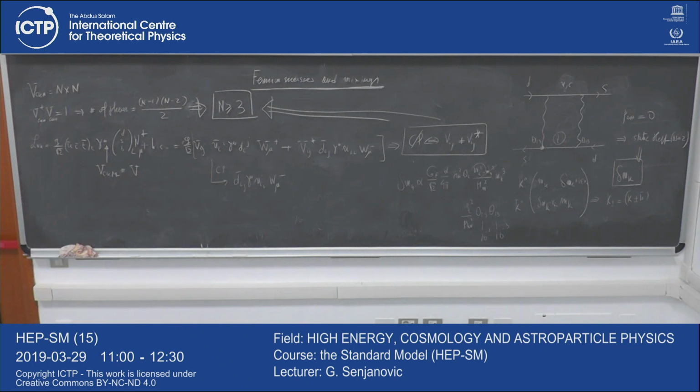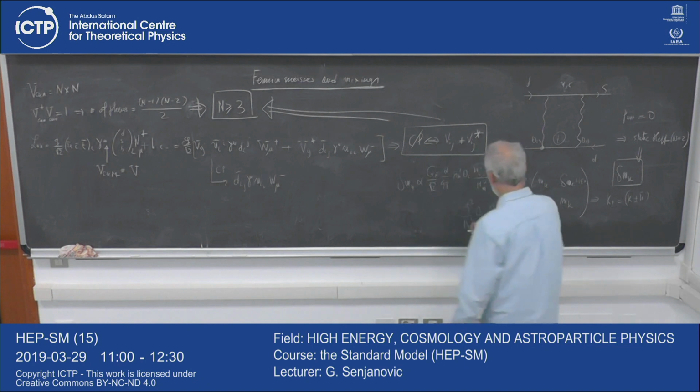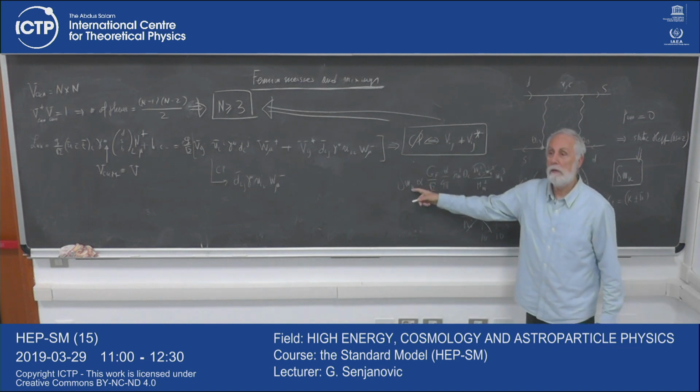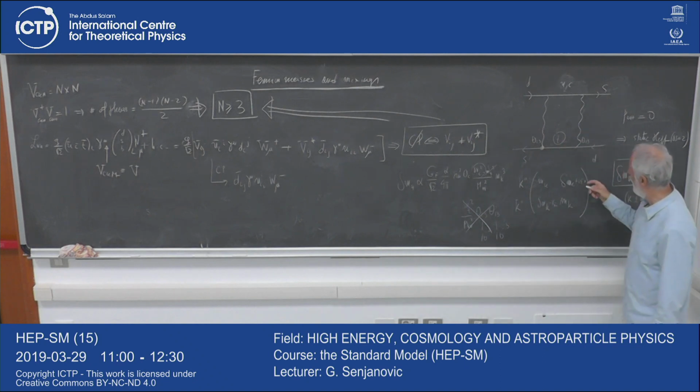So, these are the things that I keep telling you. You can always ignore CP violation unless you are talking about CP violation. You can ignore neutrino masses. So, if you look at the thing where there is physics of masses, then you will ignore neutrino mass. But if you look at the processes where there was 0, then maybe you will see something, okay? And this is how you see the phase. This will be negligible in the real part, which I call delta mK. But if I look at this CP violating phase,